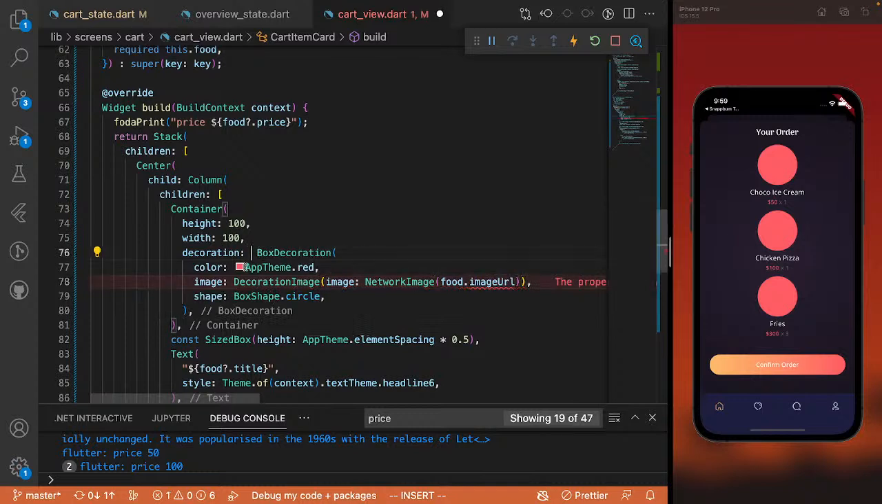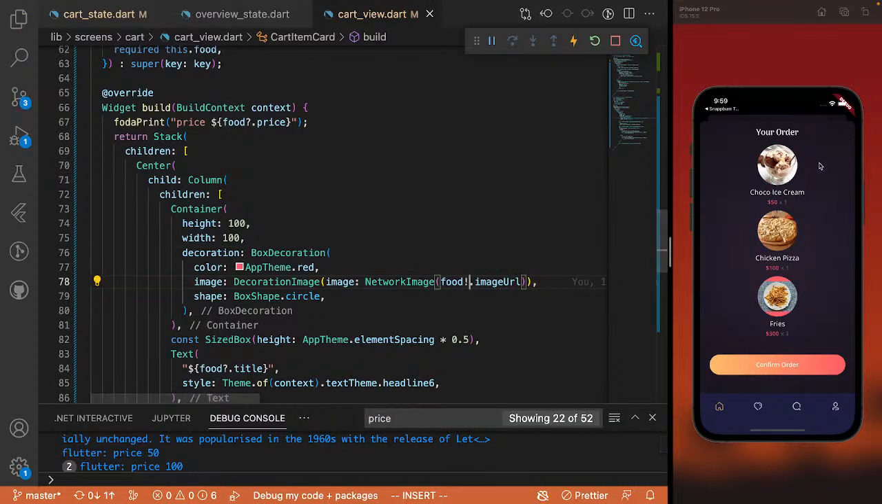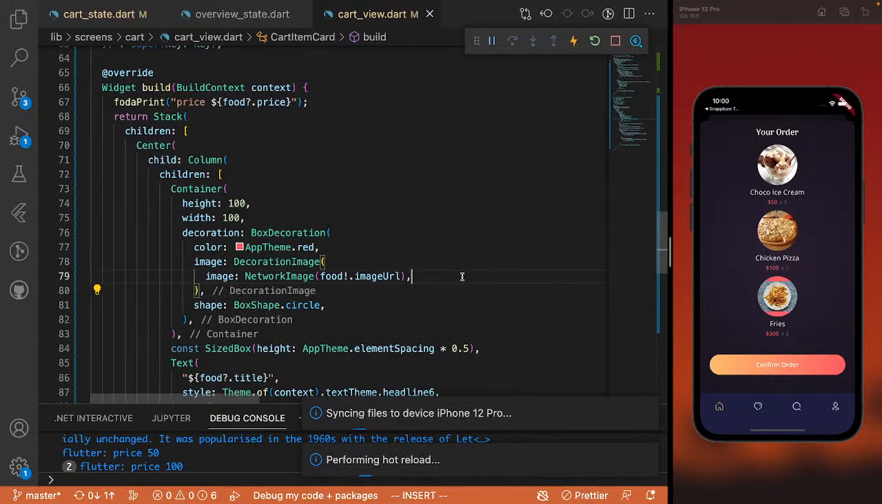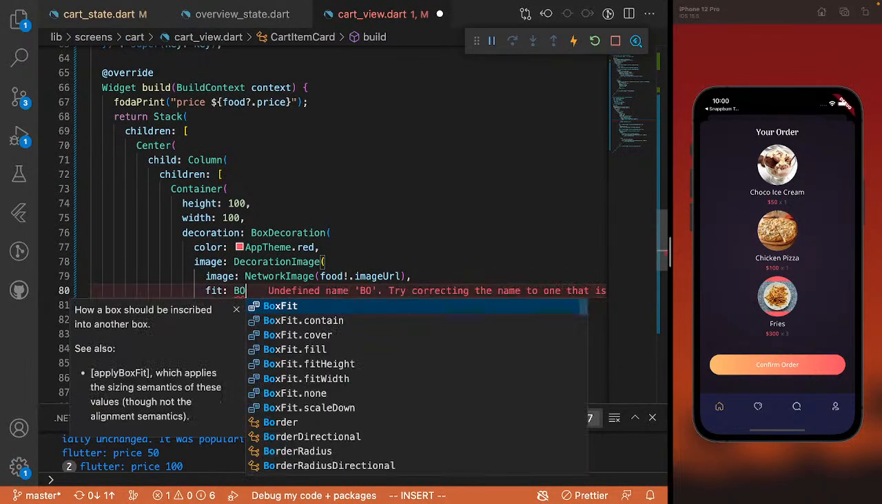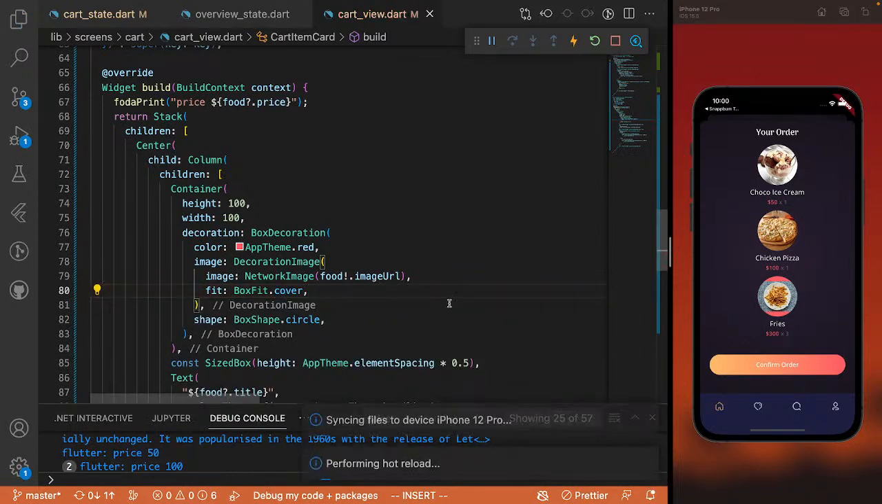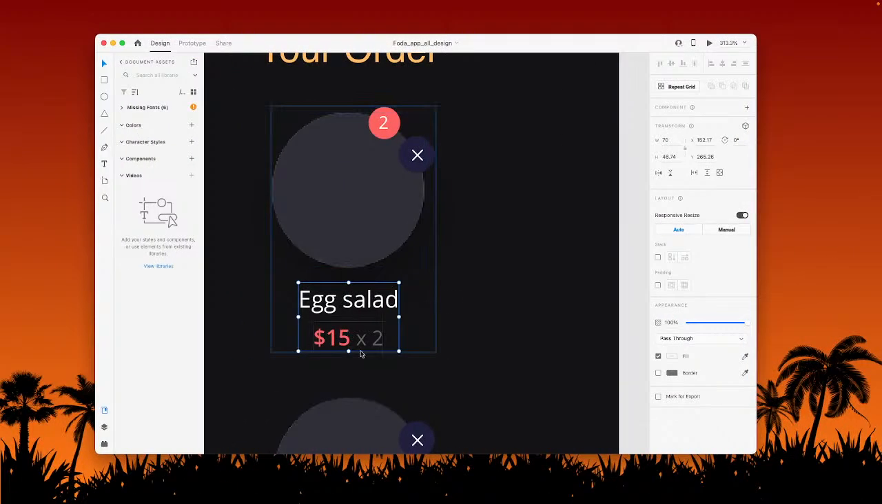We need to remove this const and save that. You can see all the foods. These are all the foods, and you need to just do in this fit, just do box fit dot cover, and yeah, everything is looking sick. Okay,